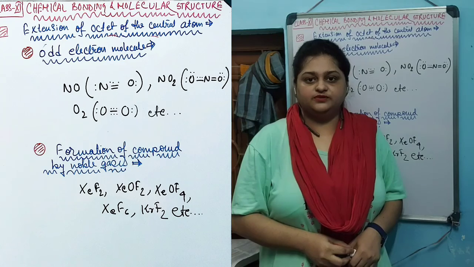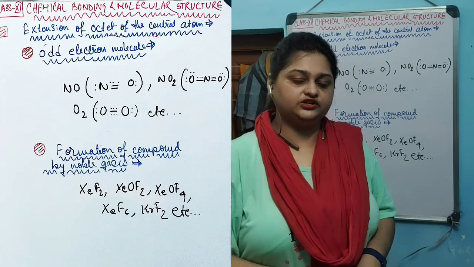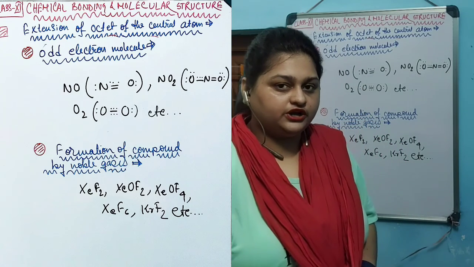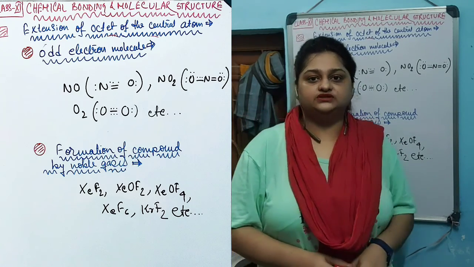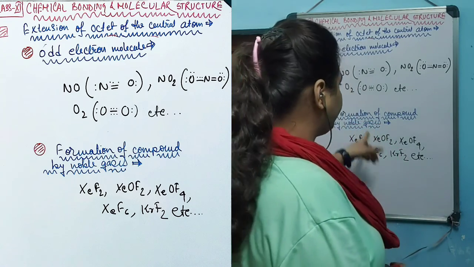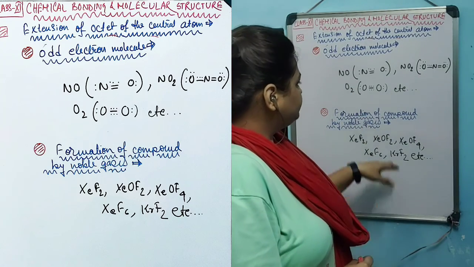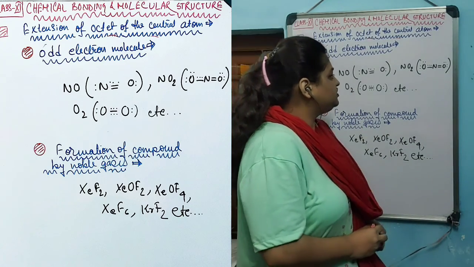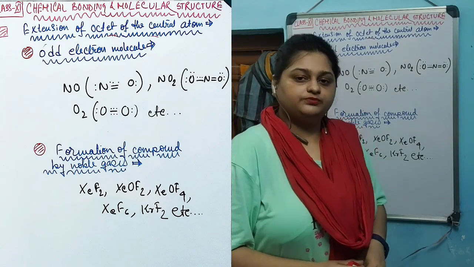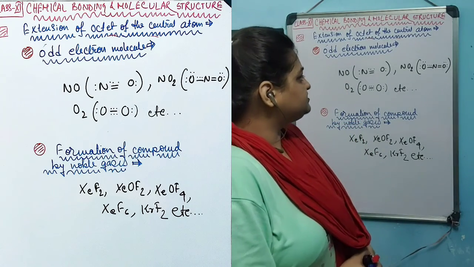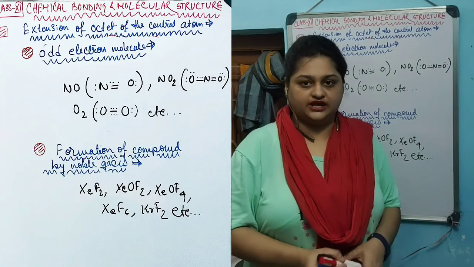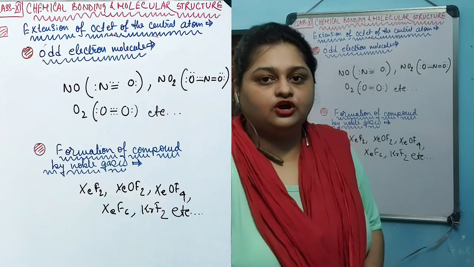When a bond is formed by sharing 3 electrons instead of 2 electrons, that kind of bond is known as an odd electron bond, and the compound forming this kind of bond is known as an odd electron compound, like NO, NO2, O2. This kind of structure usually possesses an odd number of electrons in the bond. The formation of this kind of odd electron bond violates the octet rule, and why they still form in nature, the octet rule cannot explain.